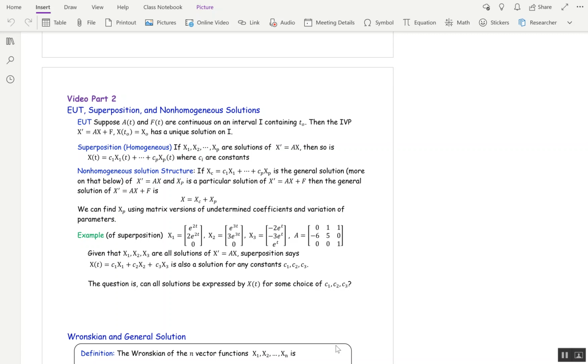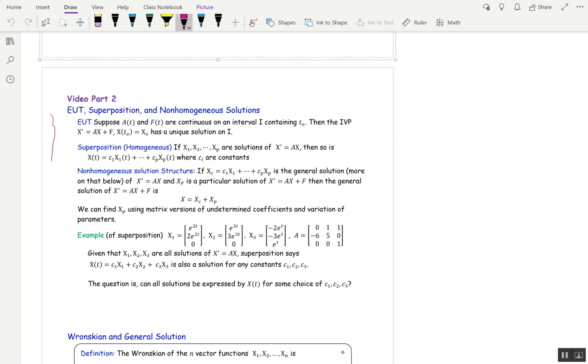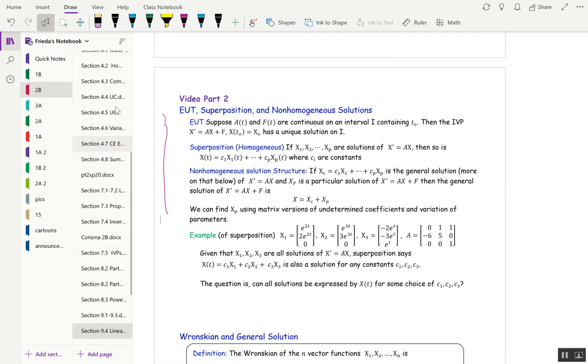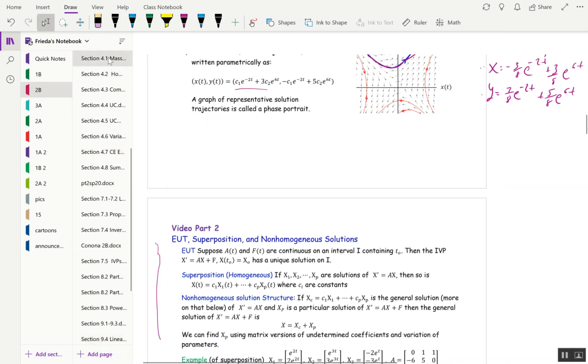This is the second portion of section 9.4. Now, on this page, this set of theorems seems a little intimidating, but these are just theorems that mirror exactly the theorems we've already seen in chapter 4. So let me just remind you, in chapter 4,